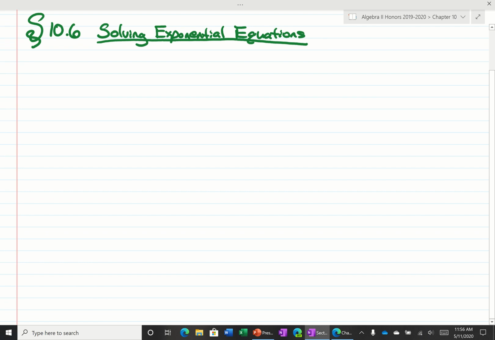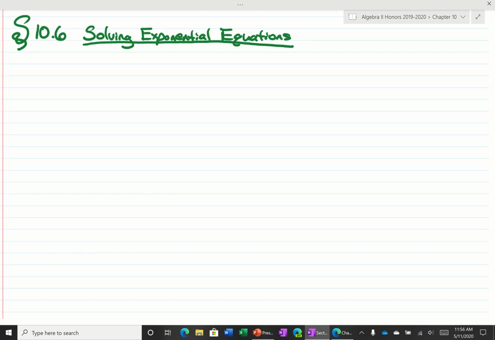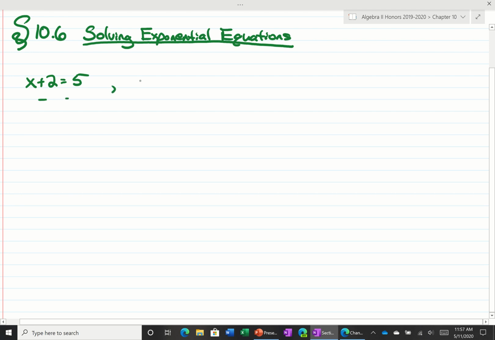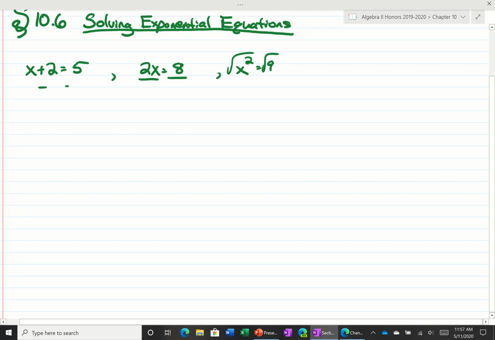Now if you look at the previous few lessons, you know that to solve a problem like x plus 2 equals 5, we use subtraction because that's the inverse of adding. If you had 2x is equal to 8, you would divide because dividing is the inverse of multiplying. If you had x to the second equals 9, you would take the square root because that's the inverse of squaring. Today what we're going to see is how to solve a problem like this, where 2 to the x